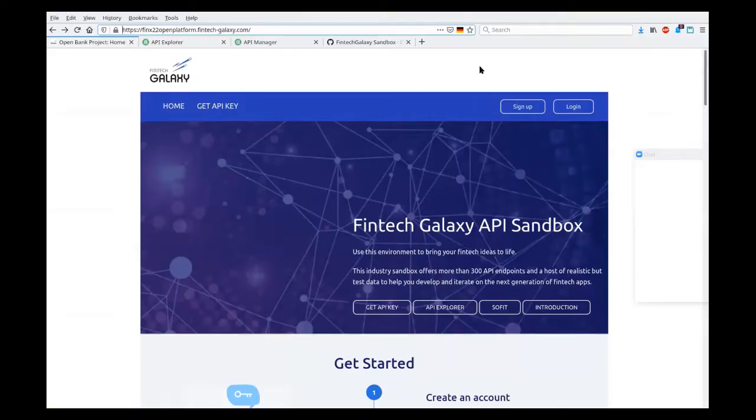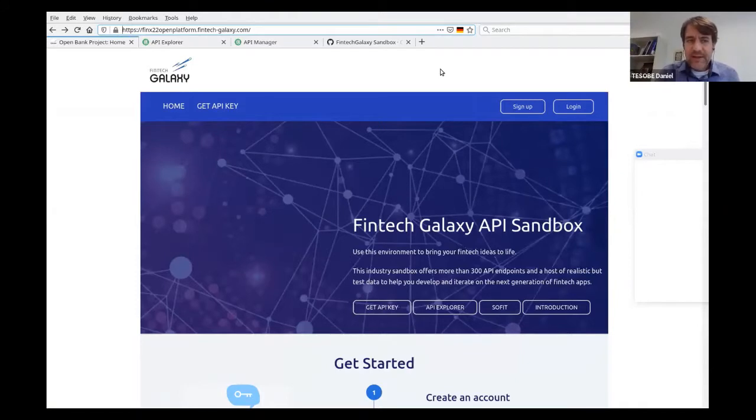Fantastic. So this is the portal page. This is the landing page of our API sandbox. This is the page you are seeing first when you start entering the sandbox and when you start developing the apps. So here we have a portal page which gives you a brief introduction and some highlights and some guidance